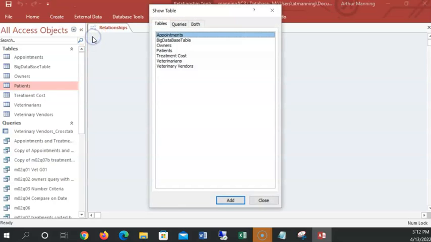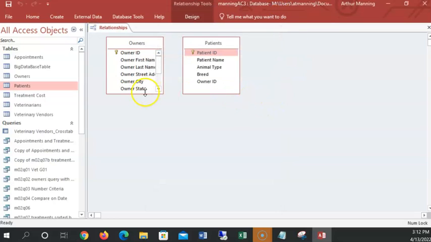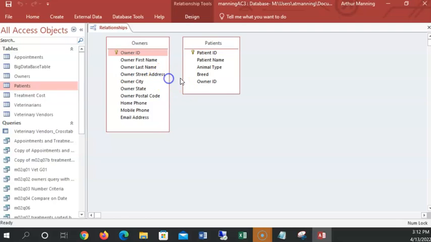So I open up relationships, and for now I only care about two tables, the owners and patients tables. And I drag the owner ID from the patients table right there. I click and drag that owner ID to the owner ID in the owners table,